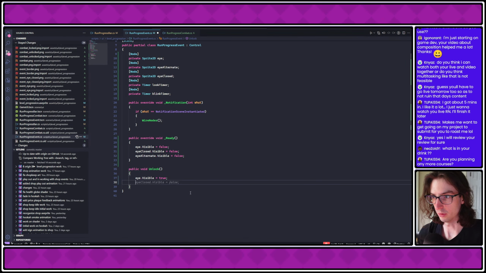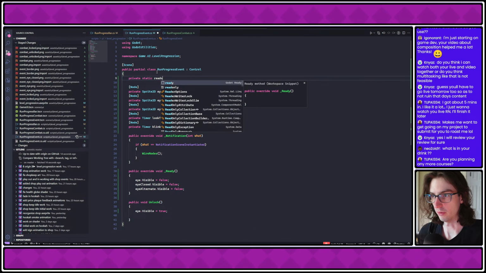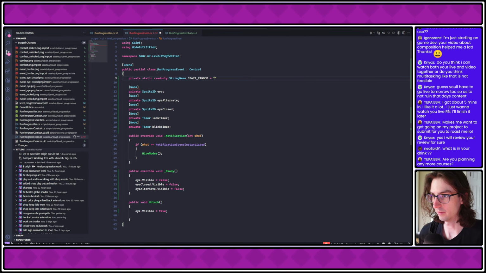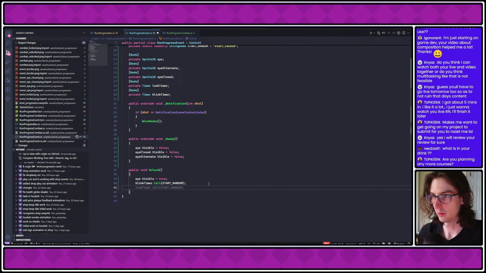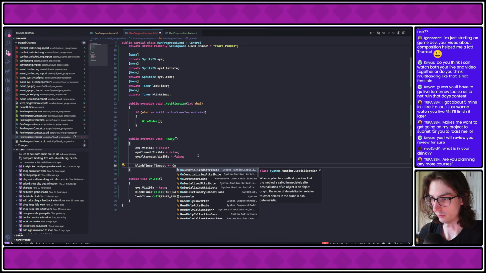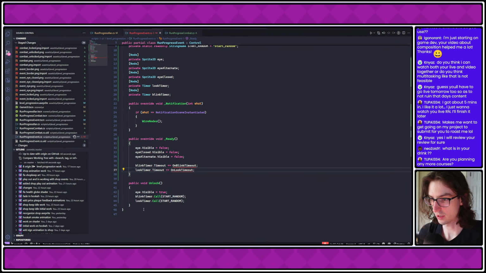And then we're going to do private static readonly string name start random. Oops. Random blink timer dot call start random, look timer dot call start random, blink timer dot timeout plus equals on blink timeout, on look timeout,